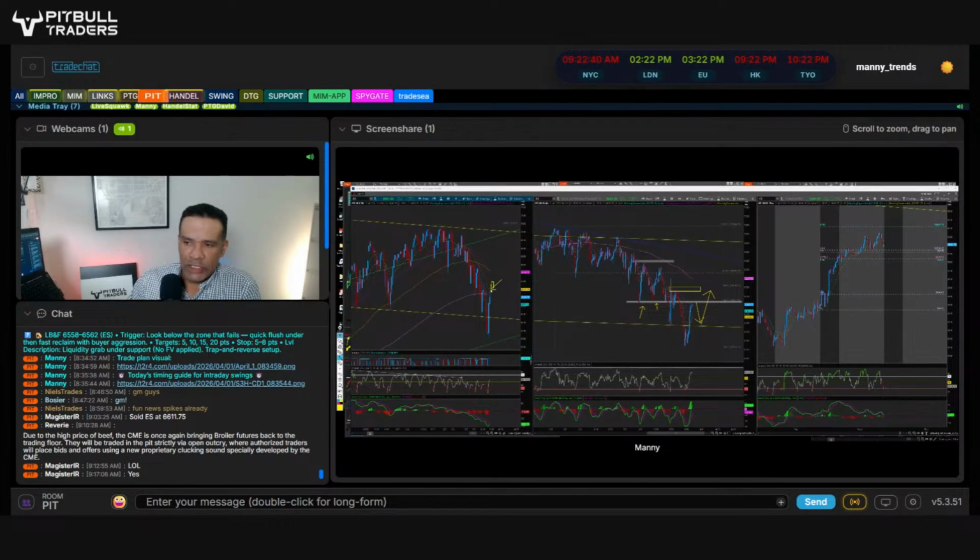We just tagged that line today, right? So I would do it like this. This is how I typically do it. I'll draw a line high to low, right? Very simple. And then what I'll do is I take that line and copy it. The other thing I want to point out here is that if you draw a fib move from the all-time high,